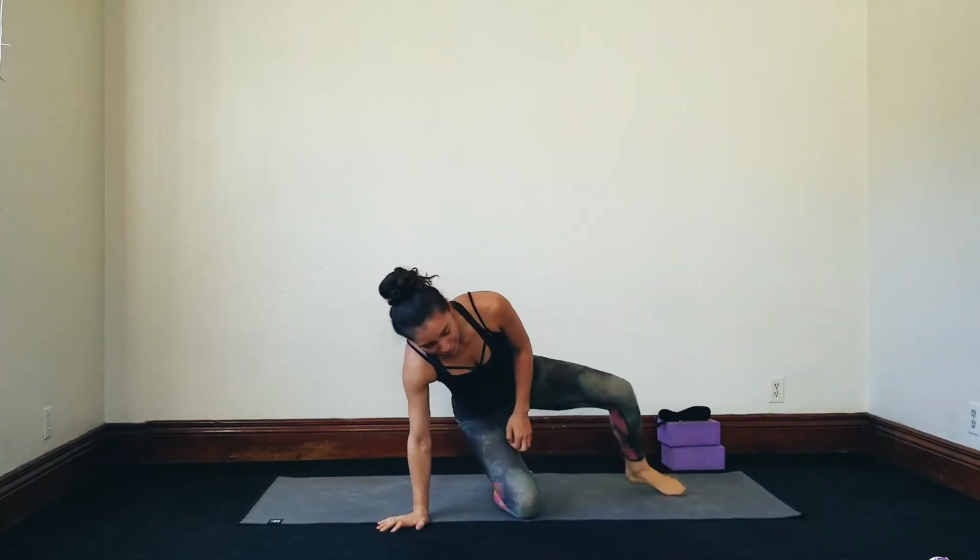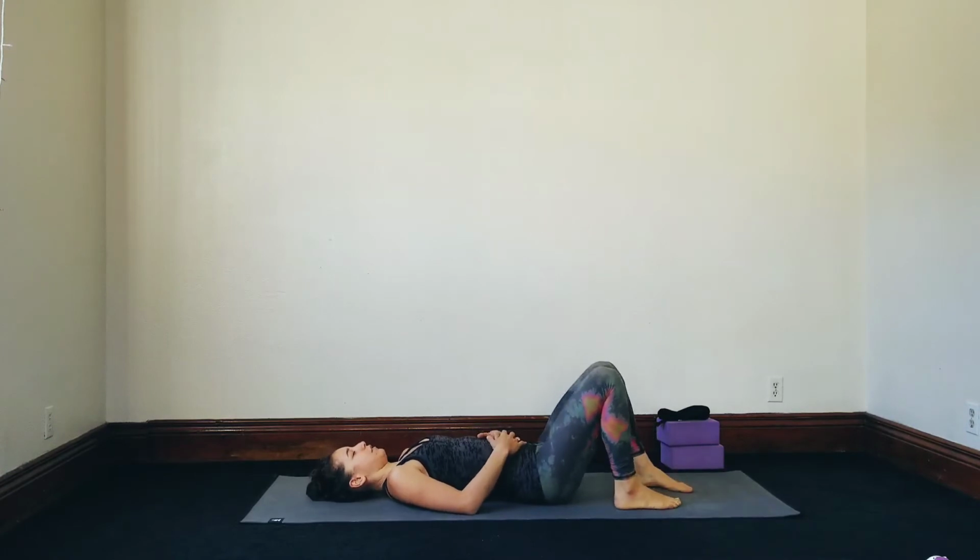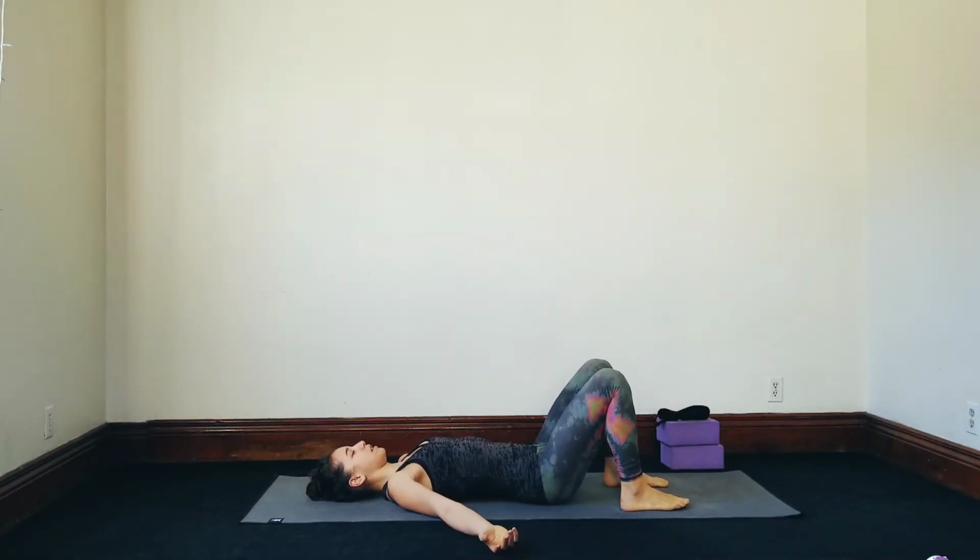This is an all level vinyasa flow that is focused on lower body strengthening and opening. We're going to get started laying down on your back, your feet on the ground. Arms can be either by your side, palms facing up, or you can bring your hands to your chest or your belly. Take this moment to close your eyes or soften your gaze